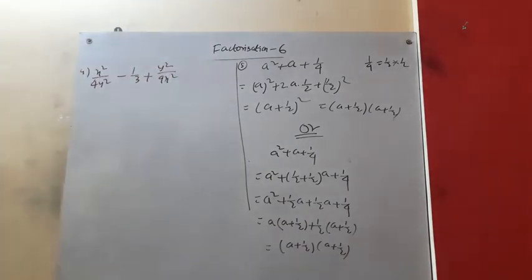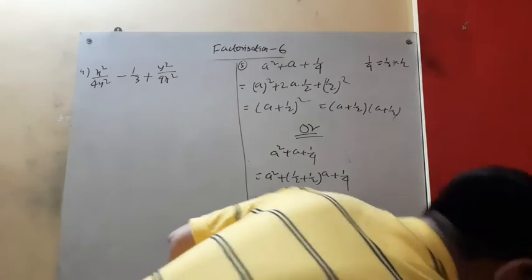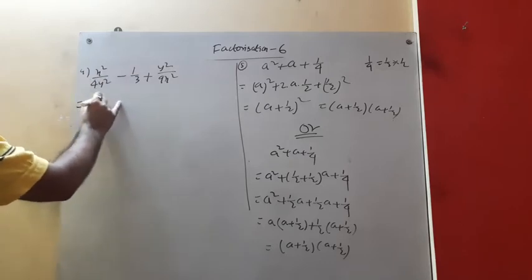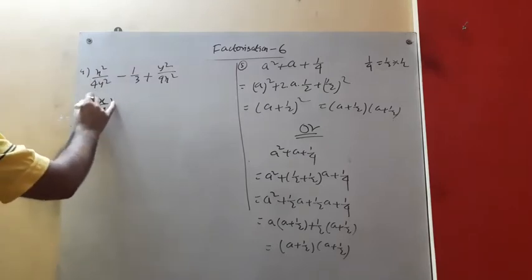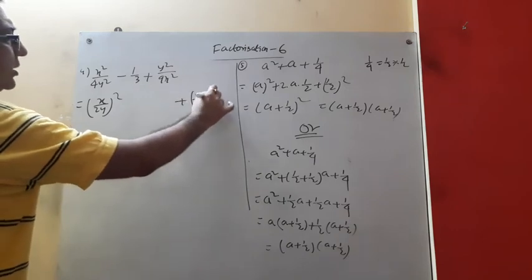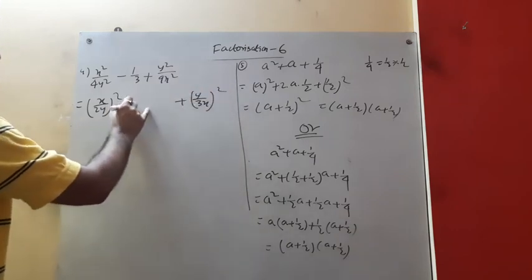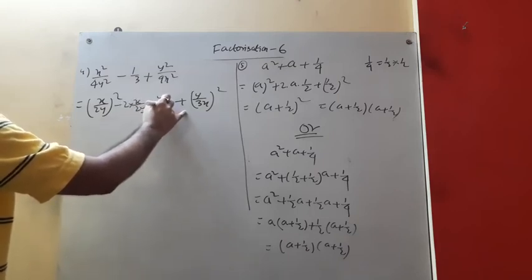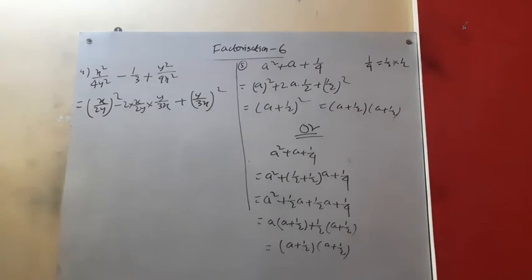Okay. Now what will you do with this sum? Look, this one, I will try to make it a perfect square. This is a perfect square. This is also a perfect square, right? a square plus b square, this is minus 2 into a into b, right? 2 into a into b.